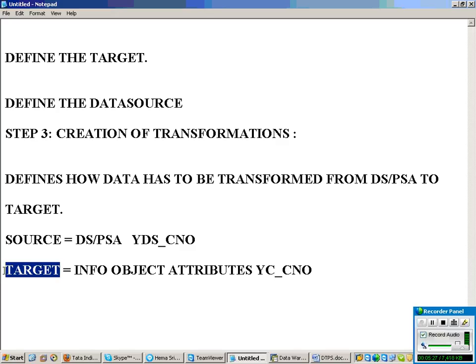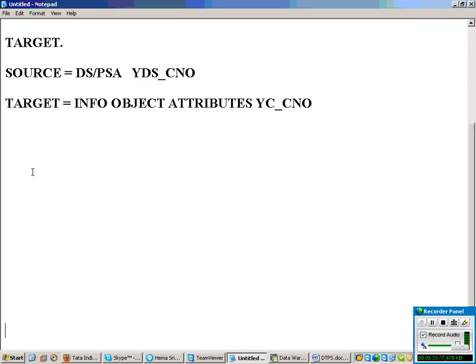Usually creation will be from the source level. Everything is the same, there is no difference. If you are creating from source level, you have to specify what is your target. If you are creating from target level, you have to specify what is your source.